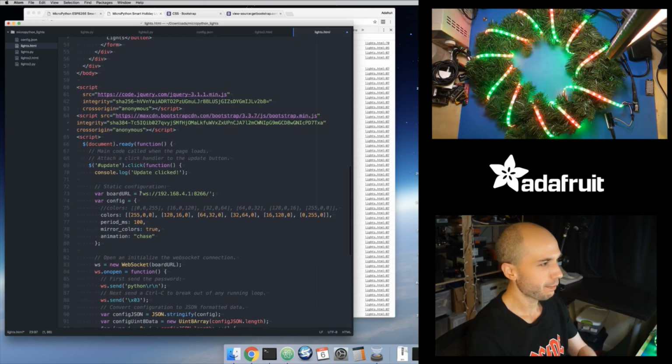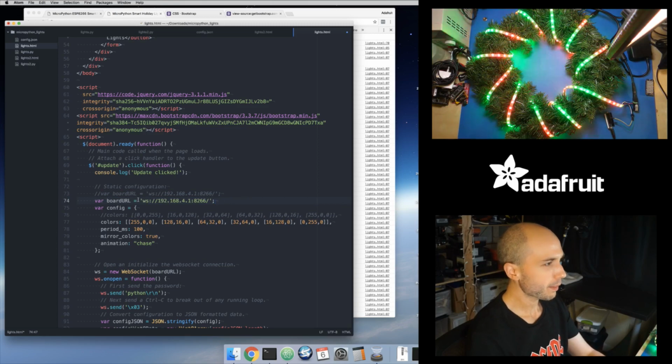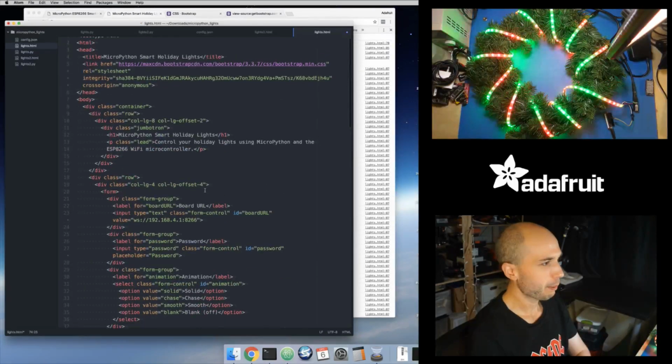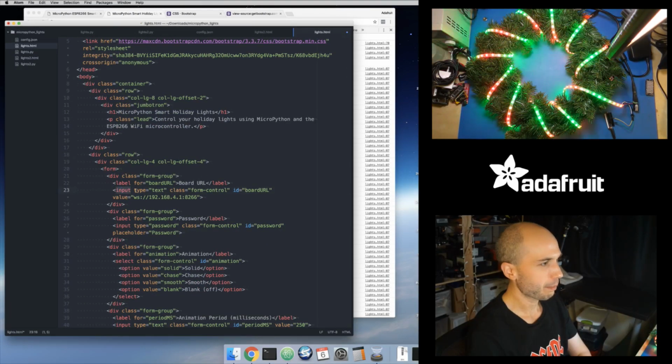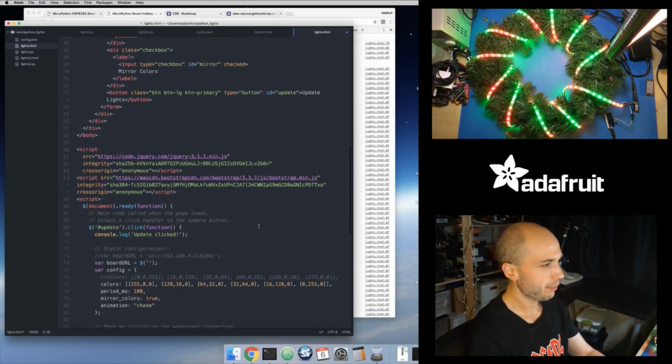You'll see a lot of this is just using jQuery. Instead of fixing this to a value, let's comment this out and set board URL to the value of our little form input. I put an ID on this input type right here. It has the ID of board URL. So if I grab this item,